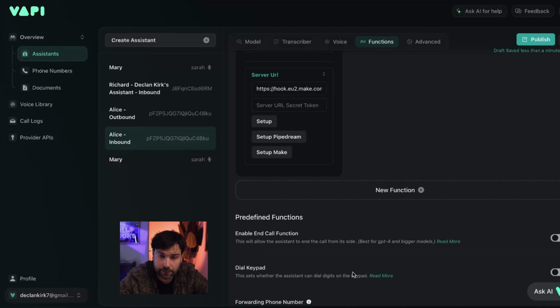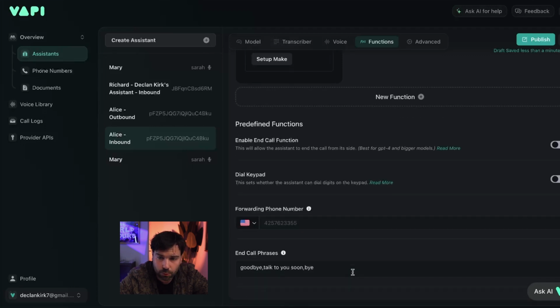Now below that, we've got what's known as enable call functions. So here we've got the option to enable call functions. This is whether we want our assistant to be able to end the phone call. This could be useful if, say, you're running this and you want to be conscious or careful of your budget and how much you're spending. Maybe the AI, if it's not getting a response, can end the call, or if it hears certain trigger words like goodbye or talk to you soon. As you can see down here, it will then be given the power to end the call. So we can switch that on and off.